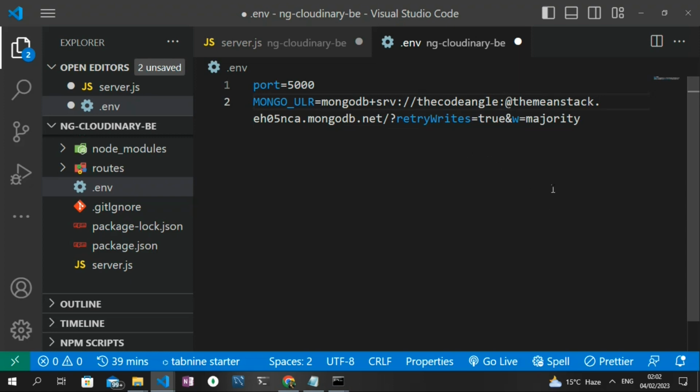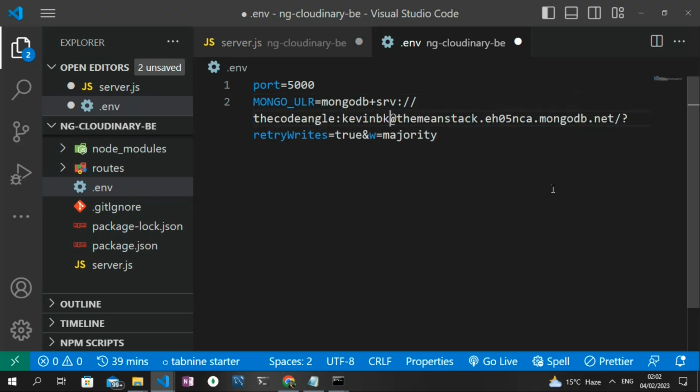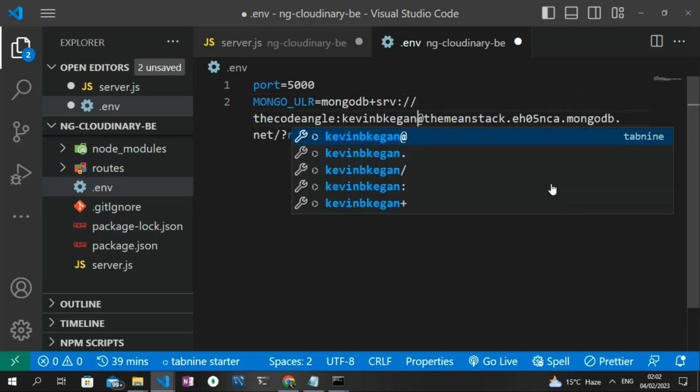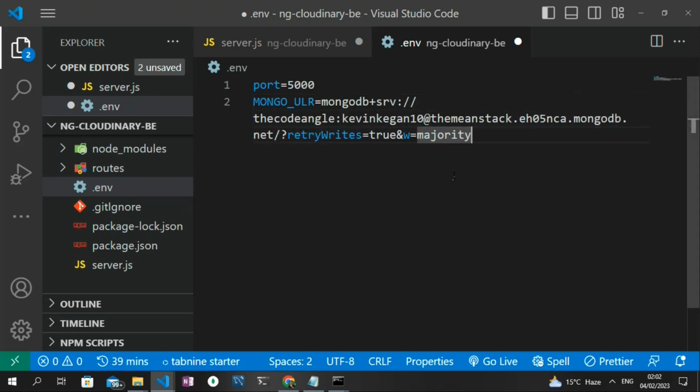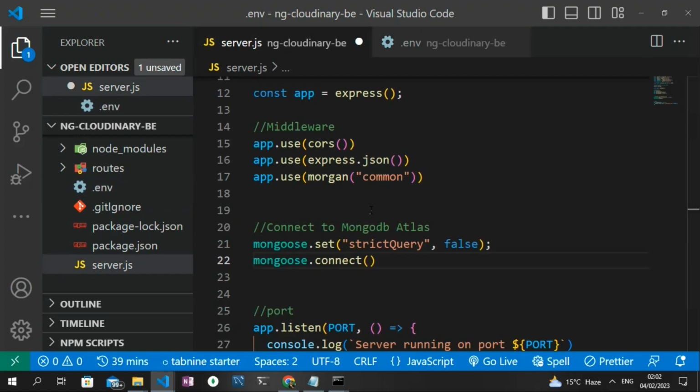So for me, I'm going to type my password in. As you can see, I've just replaced the password text we have there and typed in my password. So with this, we can easily connect to the Mongo URL. So I believe you've done the same as well, and you can head back to the server.js, and in the